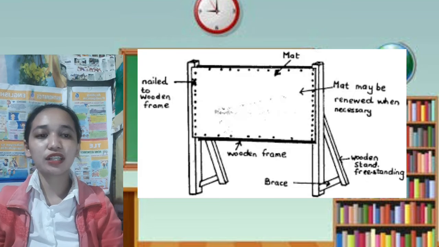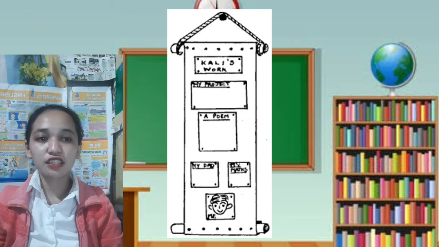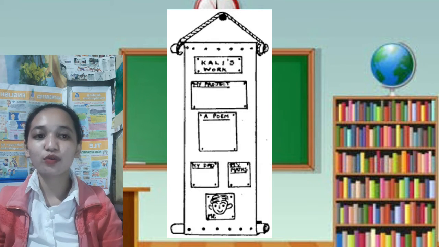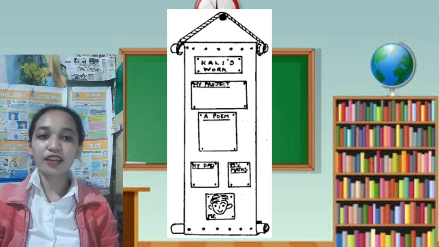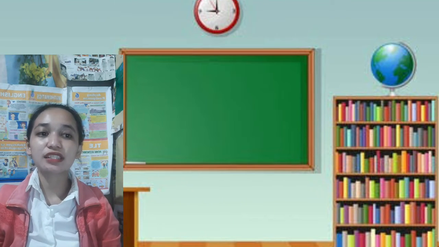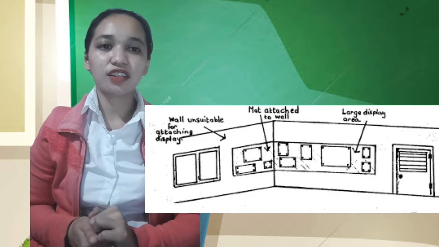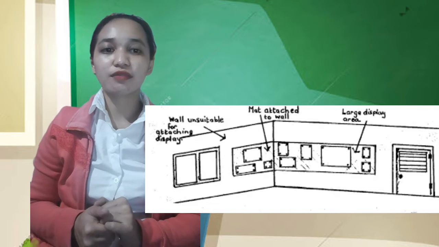Using mats made locally of pandanus or coconut leaves is a good way to create display space. The displays can be attached to a mat, hung on a nail, and later stored away if necessary. Attaching a mat to a wooden frame also provides more display space, and work can be attached with pins, tape, or staples. Where the wall space is unsuitable for display, attach a mat to the wall to create more display